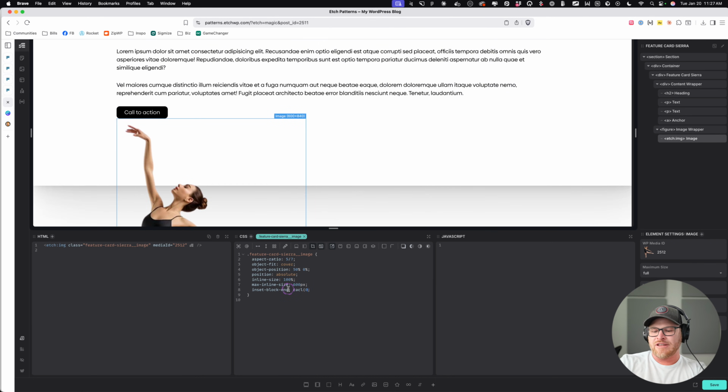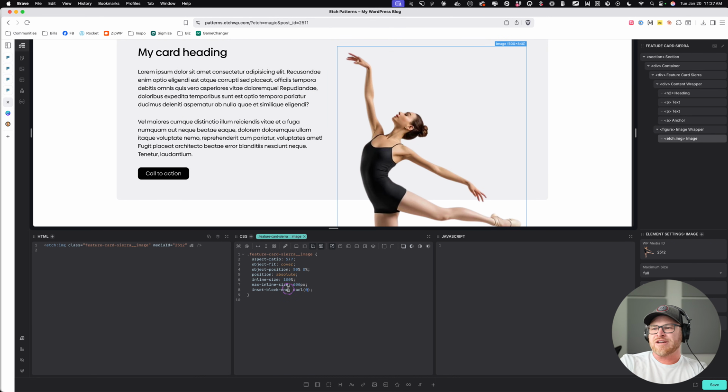So we're gonna calc this 0. I think you can calc 0. Pretty sure you can calc 0. You might have to put a unit on it. 0 pixels plus card padding